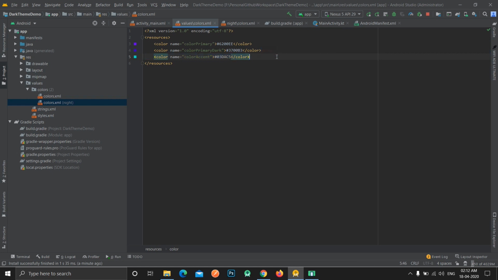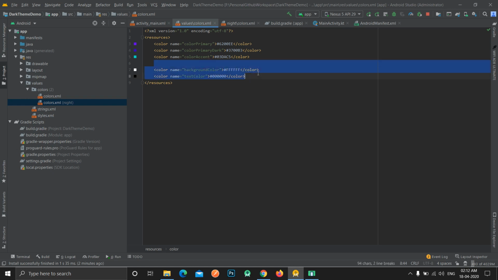So we will define a color here, let's say background color. This is the light theme, so we want our background color to be completely white. Similarly we will create another, text color. This is the light theme, so we want our text color to be completely black.